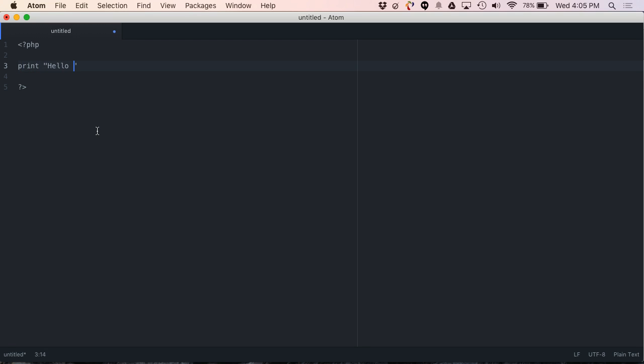And I'm just going to create the same hello world script we did before in the instructions for setting up everything. I'm going to save this file